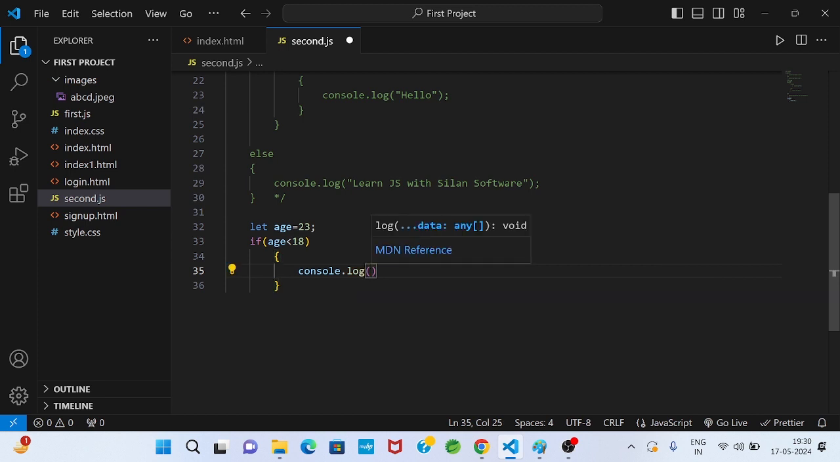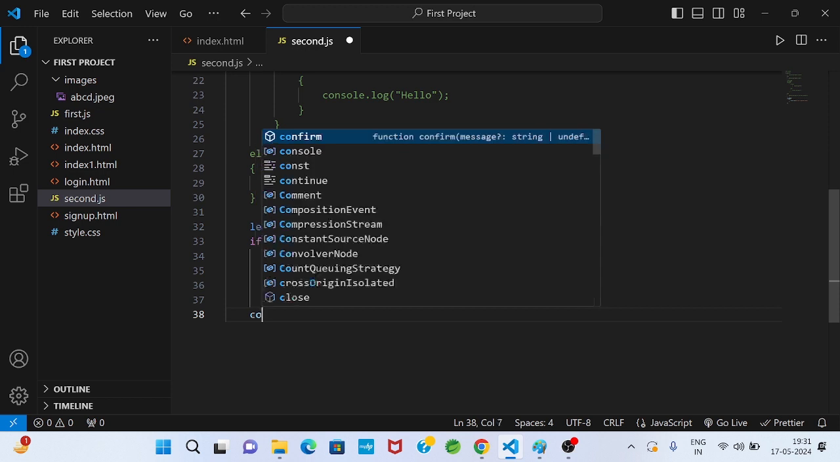console.log, if the value of age is less than 18, that means you can't give the vote. Suppose here, if the condition is true, then the if body will execute. Otherwise, else. Suppose here I will not explicitly specify else, directly I will write